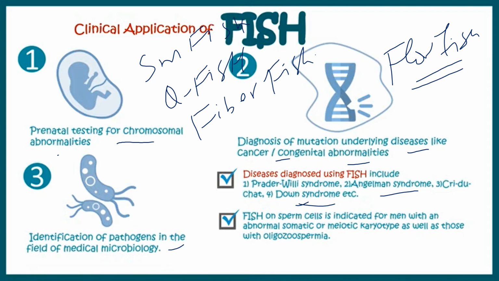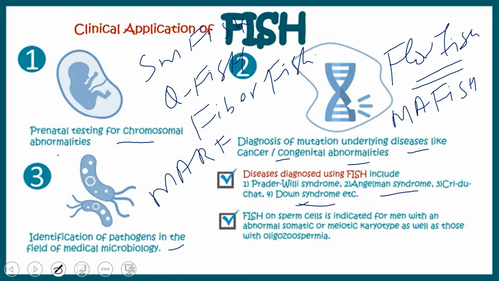Then we have MA-FISH, which is also called microfluidics assisted FISH. This uses microfluidic flow to increase DNA hybridization efficiency. Okay. Then we have MAR-FISH, which is called micro autoradiography FISH. Then we have hybrid fusion FISH. So we have many different types of FISH technology, many types of modifications in FISH technology.